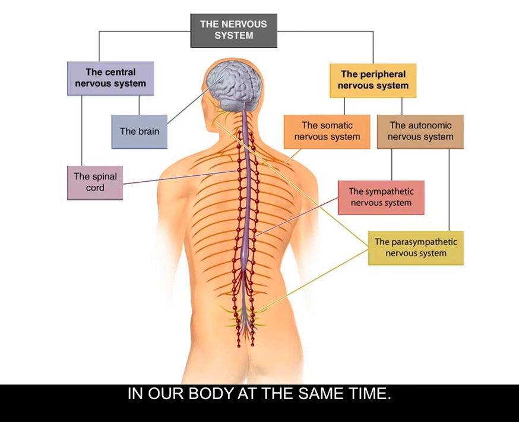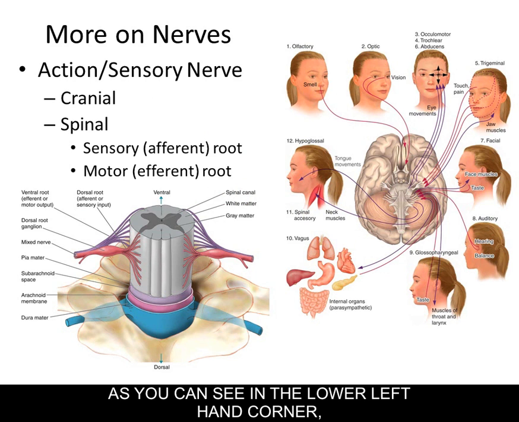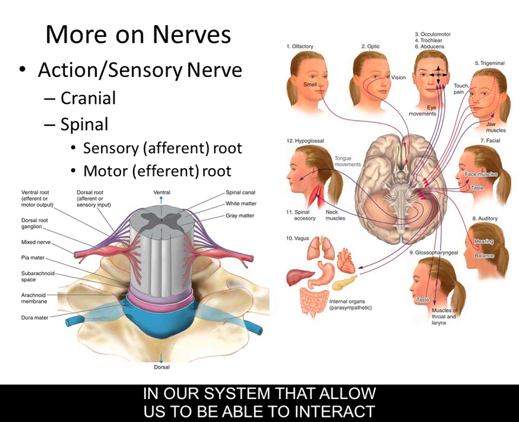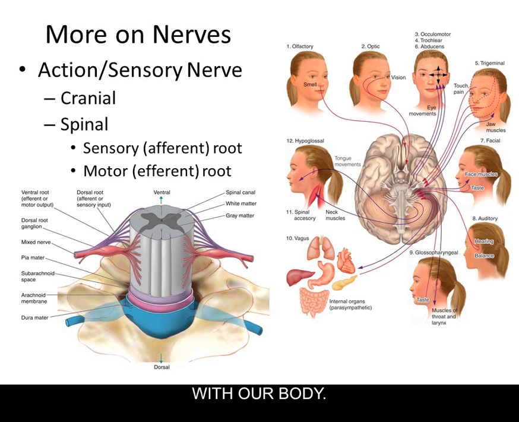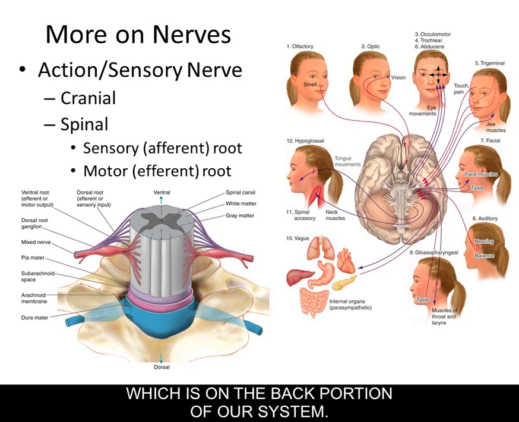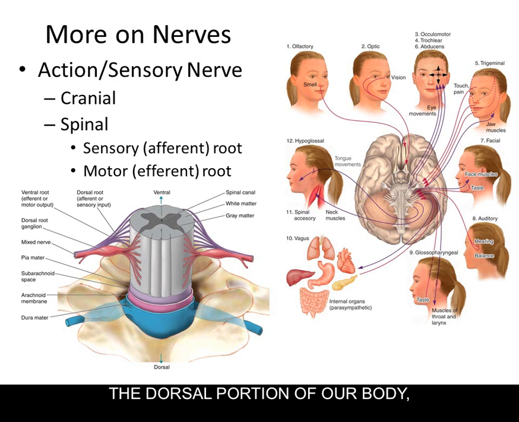at the same time. If we look closer at the spinal cord, as you can see in the lower left-hand corner, we actually have two paths of fibers or nerves in our system that allow us to interact with our body. The first area is called the sensory or afferent root, which is on the back portion of our system. So if we think the very, very back, or it's also called the dorsal portion of our